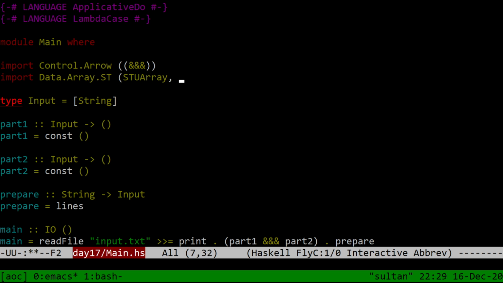Okay, but that's re-exported by ST, and we need mapArray. Probably it's useful to have writeArray and